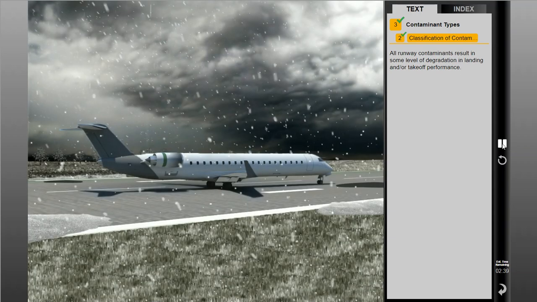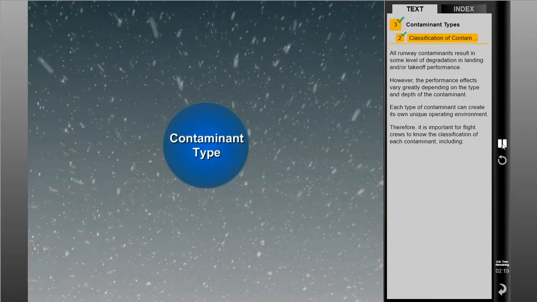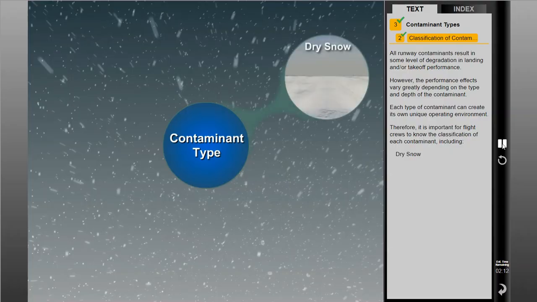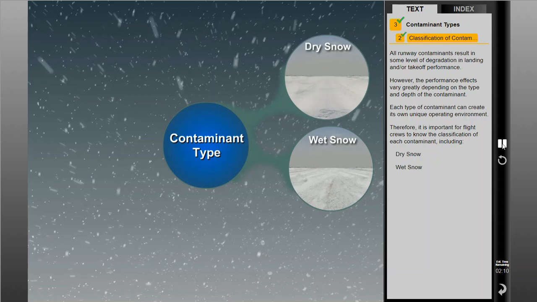All runway contaminants result in some level of degradation in landing and/or takeoff performance. However, the performance effects vary greatly depending on the type and depth of the contaminant. Each type of contaminant can create its own unique operating environment. Therefore, it is important for flight crews to know the classification of each contaminant, including dry snow, wet snow, slush,